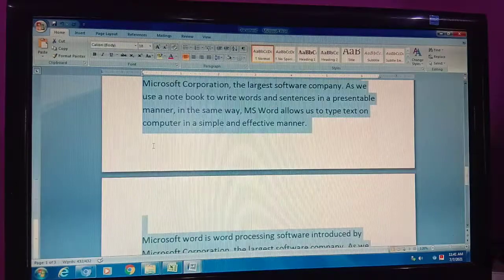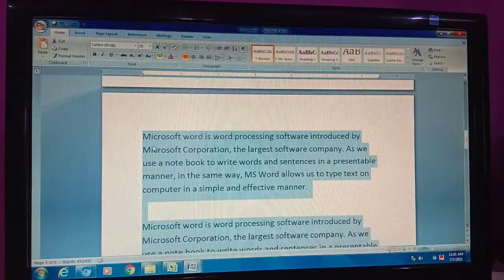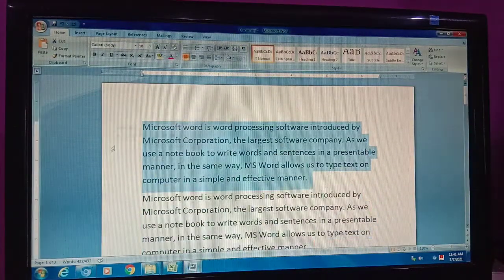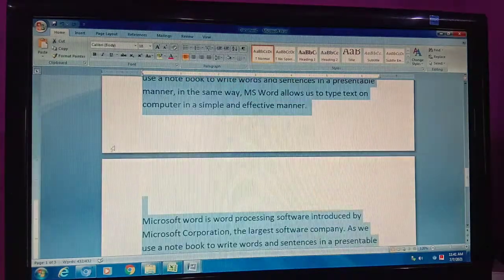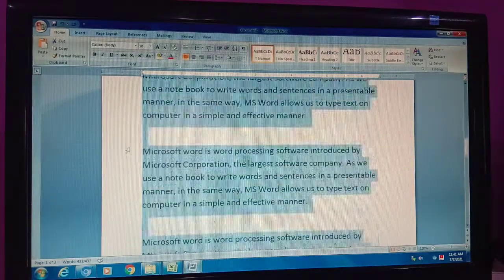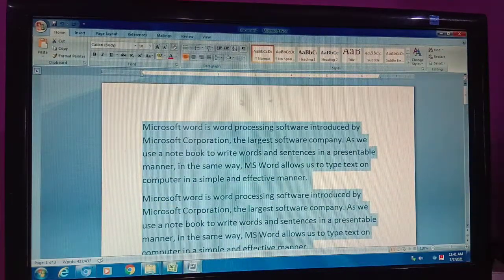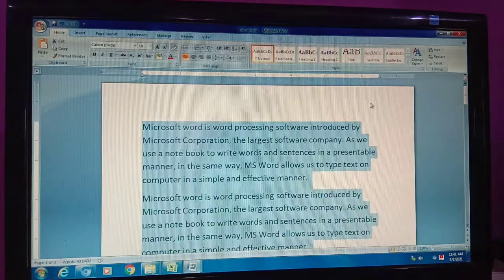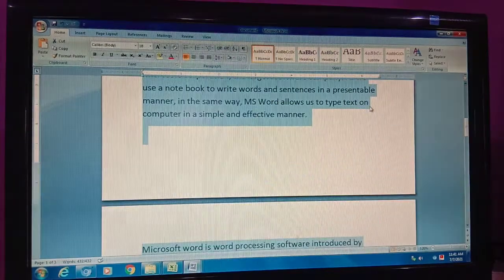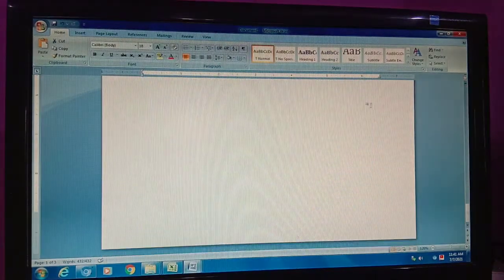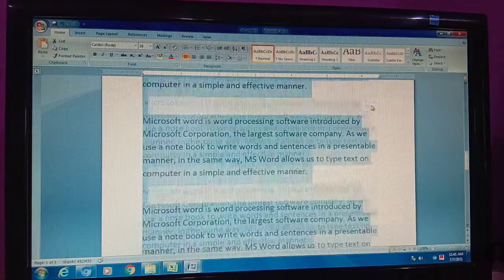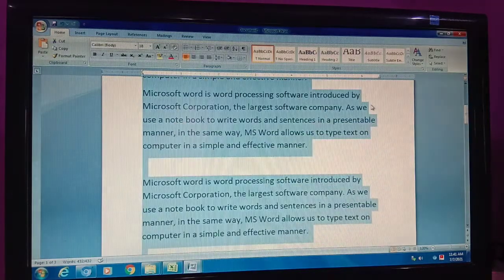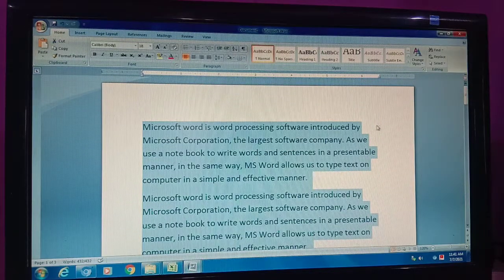See, the whole document will be selected. Triple click on the selection area. Here you need to triple click. You will triple click, then the entire document will be selected. Or one more thing I want to tell you, if you press Ctrl and A keys together, the whole document will be selected. All the document will be selected together by pressing Ctrl plus A. Ctrl plus A. Clear to everyone?